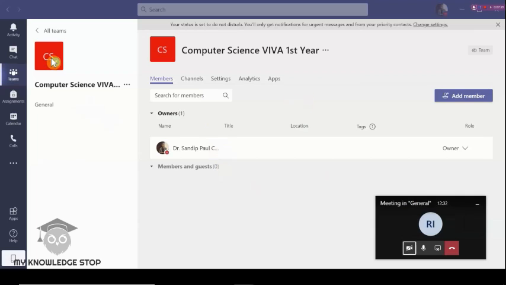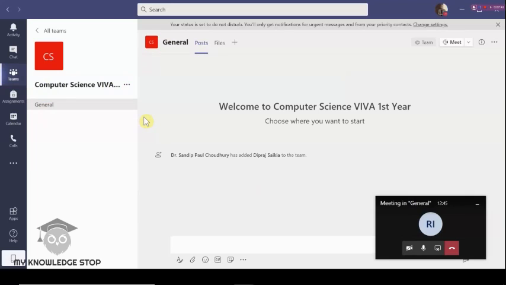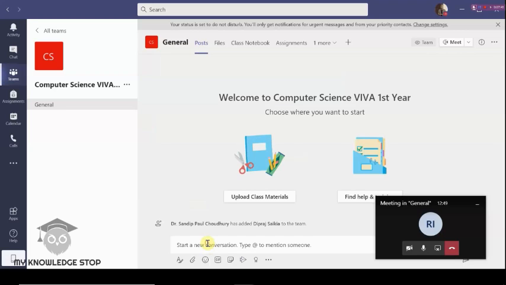And the next part is how exactly we work on this. So we can go back to the section here. We can go to General. When we click General, it comes back to Posts. Now suppose I want to inform the students that they will have a Viva exam from this date to this date. Whatever post I created, the student gets an email. If I want to mention a specific student, I can just type @ and the name of the student. That student receives the email.